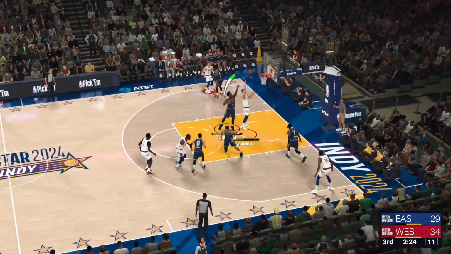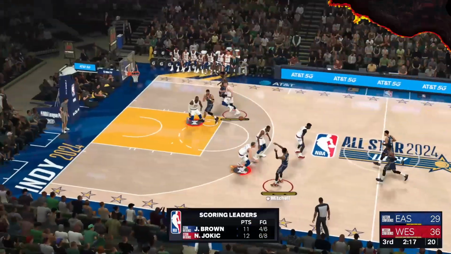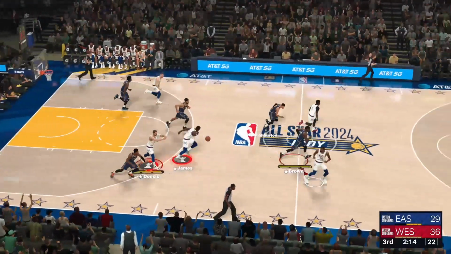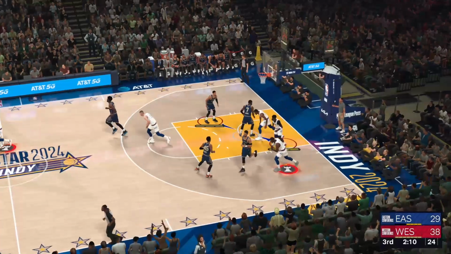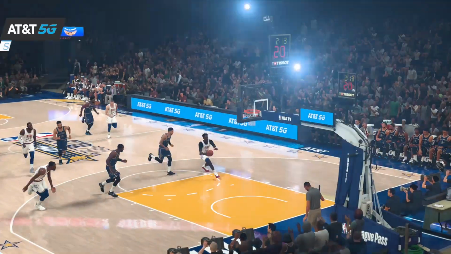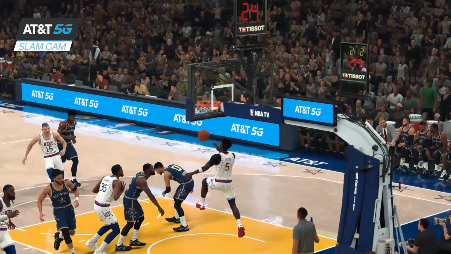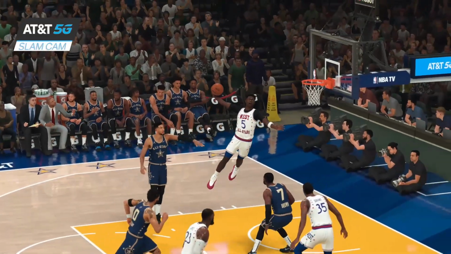Back to Jokic. Jokic gets it. In motion, timing, precision, everything's right on the mark. Here's Edwards. And he goes right over Jaylen Brown and slams it down. Show us what you got, young fella. Anthony Edwards. Love to see you operate like that.